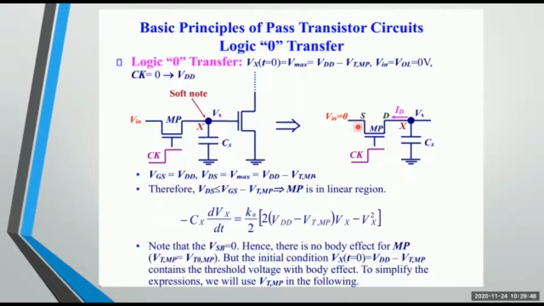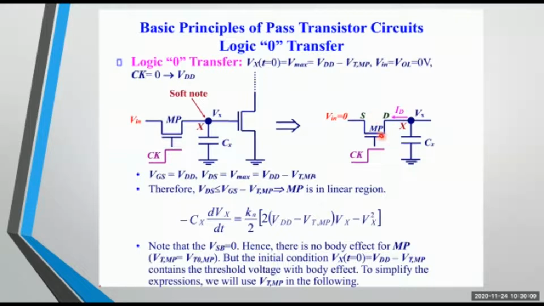But when we come to this part, whenever it is a high state, if you give it as a high state, then definitely what happens: this Vin equal to 0, if Vin equal to 0, it will be passed to this X node. So that's what we have written here. If Vin equal to 0 volts, then the clock is varying from 0 to VDD. Initially it will be 0, and then ultimately it goes to VDD.